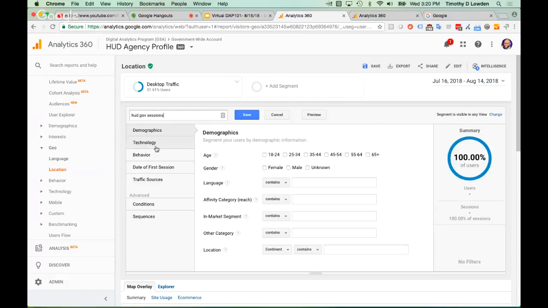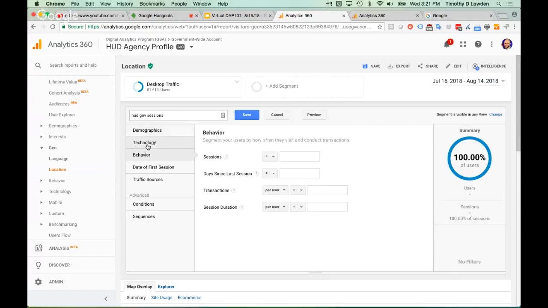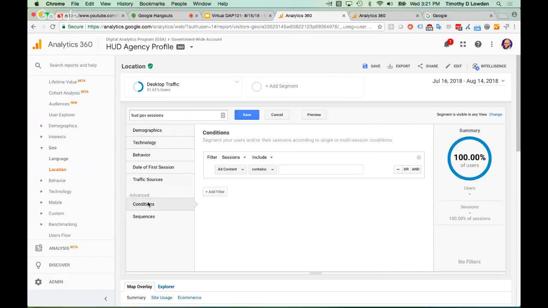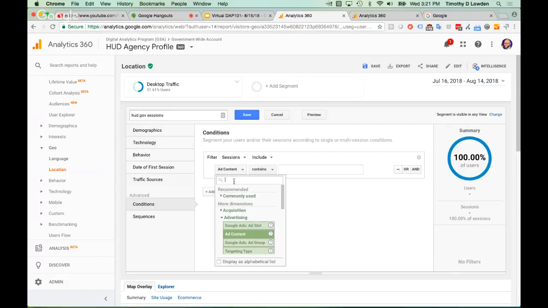And we're going to go down here. Now, this is the section where everything's provided for you. You get to pick what you want. If you can't find it in this upper section, you go down under Advanced, and you can hit Conditions. And then it gives you the opportunity to look for the dimensions that you want to specify. So in this case, we can create a segment, and there's a couple different ways you can do it. But we can create a segment where the host name,